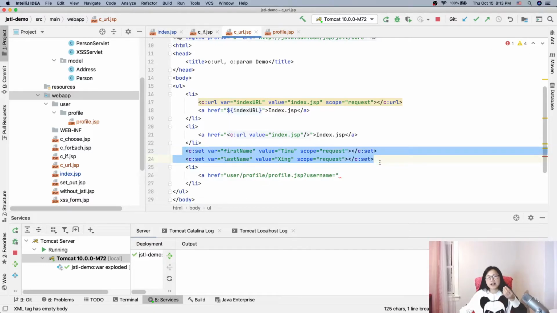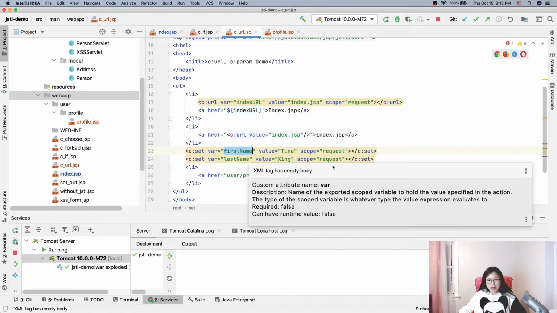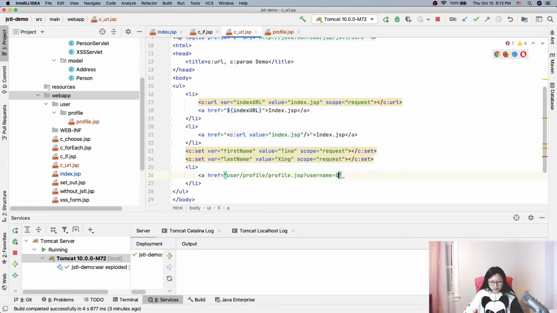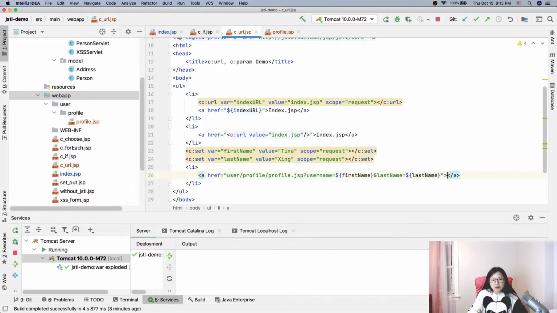It might be inside your servlet you have two request attributes. One is first name, the other one is last name. So when you click this URL, I have to grab the value from request scope, then pass it here. So here what we will do is we have to do like this, right? And last name equals, and continue like this one, last name, right? And then we end, and we go to